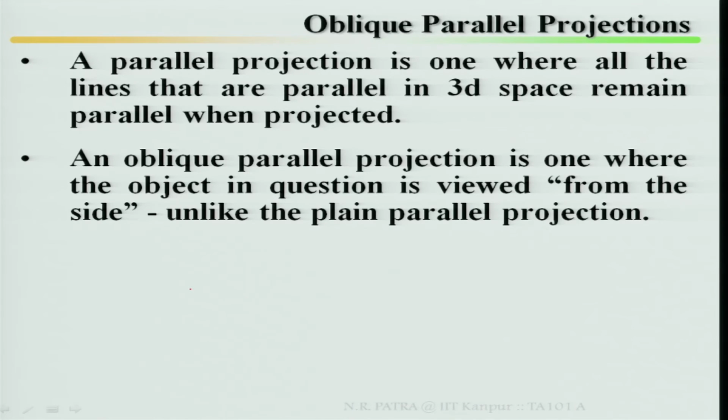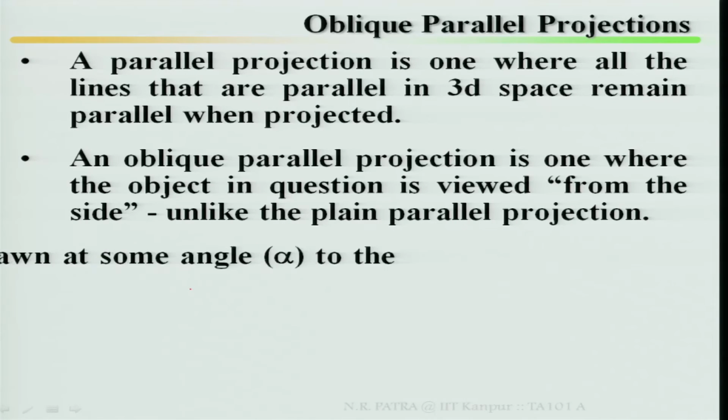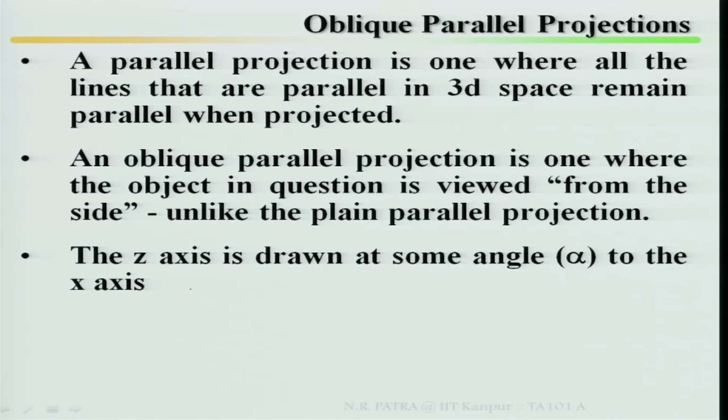An oblique parallel projection is one where the object in question is viewed from the side, unlike the plane parallel projection. The z axis is drawn at some angle,